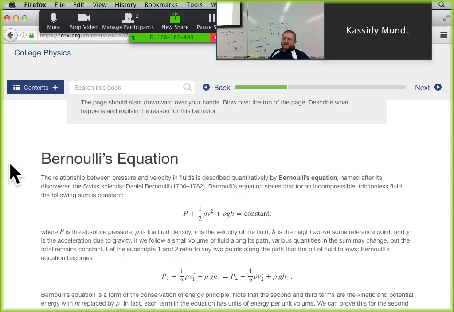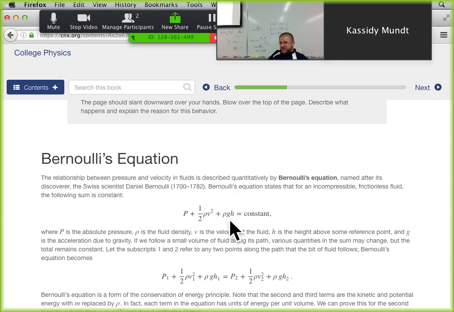So here is what Bernoulli put together. He said, well, we have our potential energy. Instead of using mass in his equation, he's going to use density. He's going to use mass per volume because the fluid is always moving. And so it's better, instead of defining a single mass, to define a particular volume within this fluid. We're going to talk about just this volume as it moves around through the fluid.